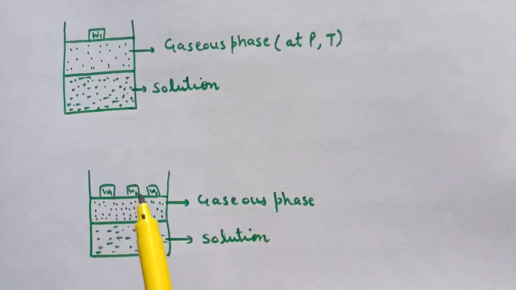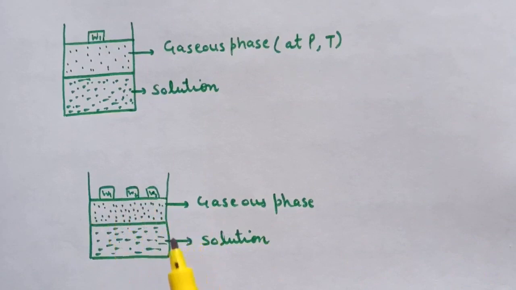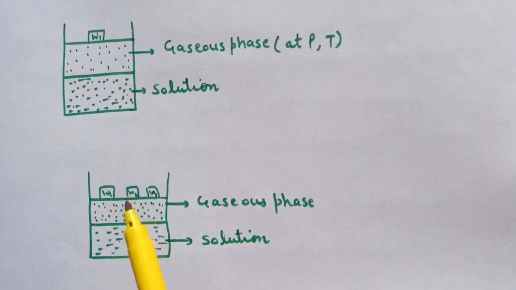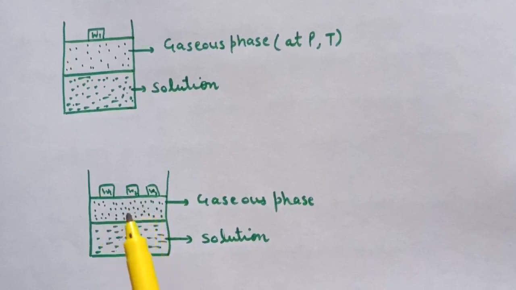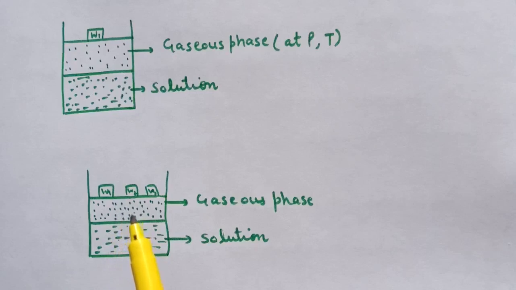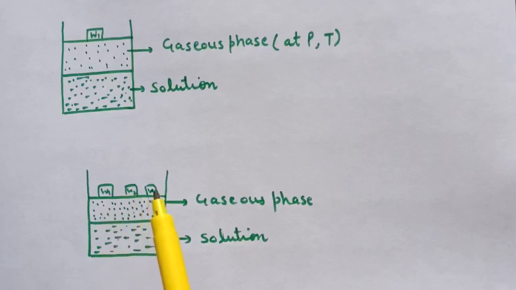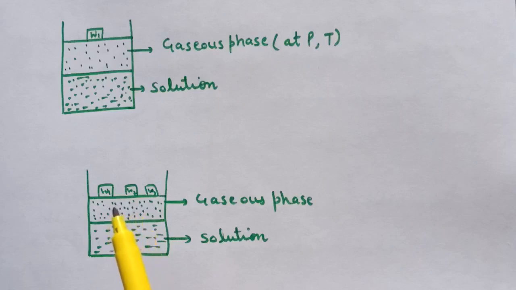When we increase the pressure on the system, this gas will compress to a smaller volume, and this will increase the number of gaseous particles per unit volume over the solution, and also the rate at which gaseous particles are striking the surface of the solution to enter it increases. The solubility of gas will increase until a new equilibrium is reached, resulting in an increase in the pressure of gas above the solution, and therefore its solubility increases. That is, when we increase the pressure, the solubility of gas in liquid increases.